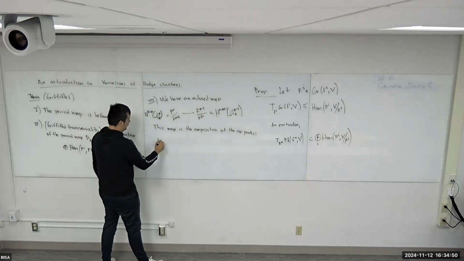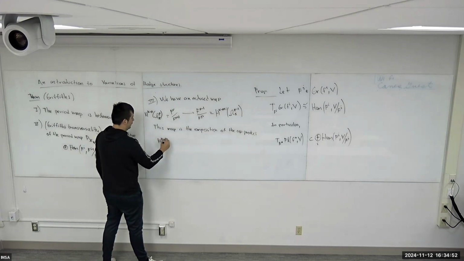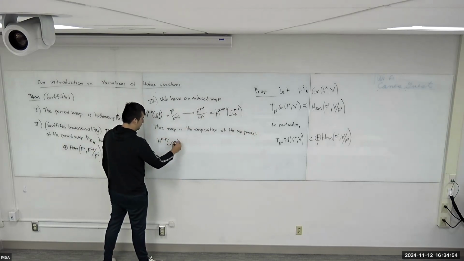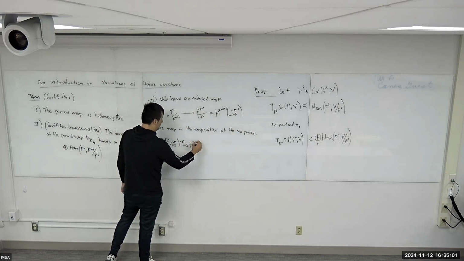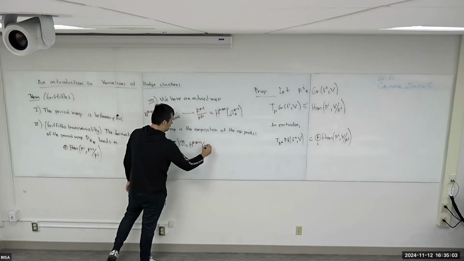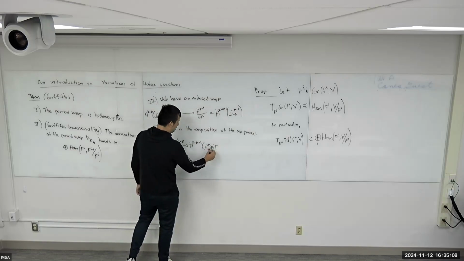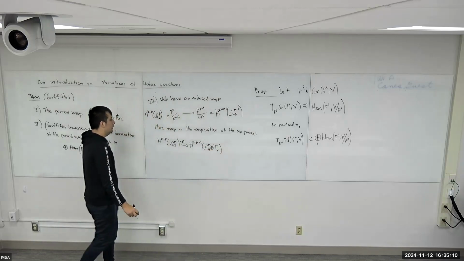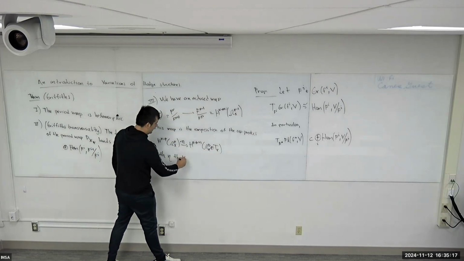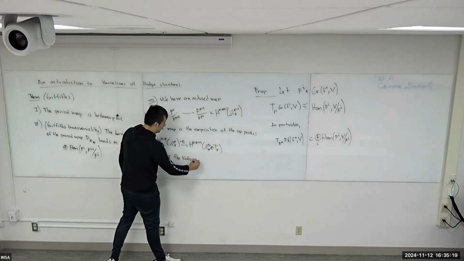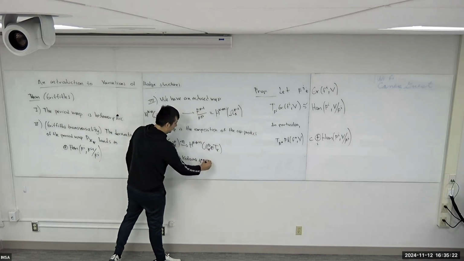So we have H^(k-p) of the p-forms, and this goes to H^(k-p+1) of omega^p times the tangent space of X, the cap product with eta, the Kodaira-Spencer class,